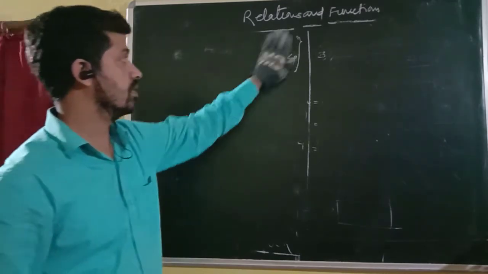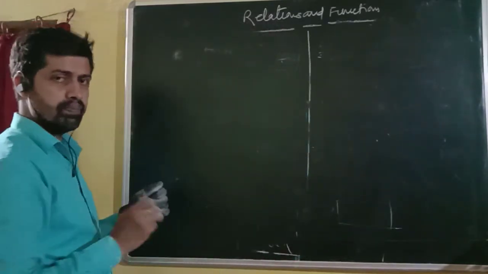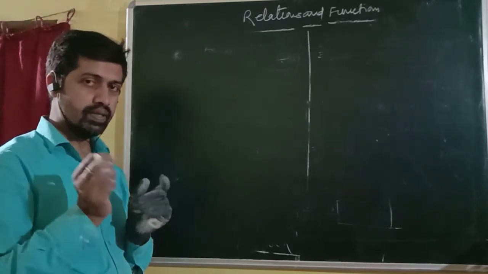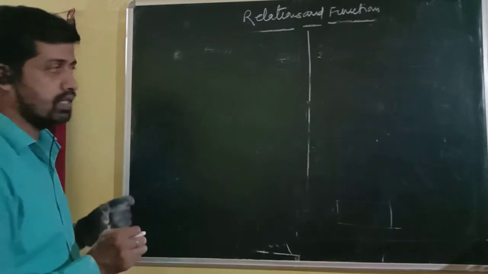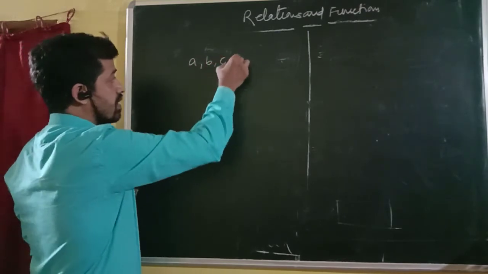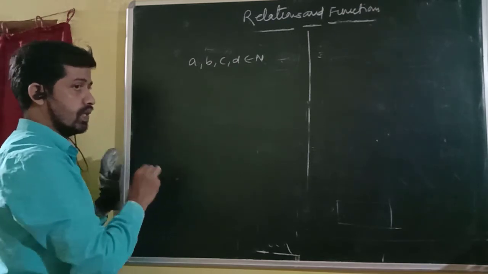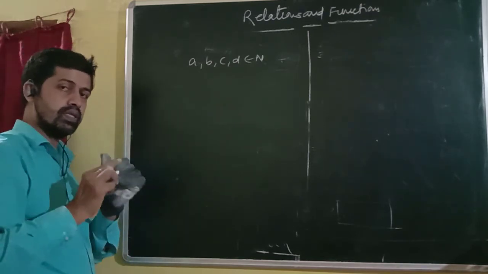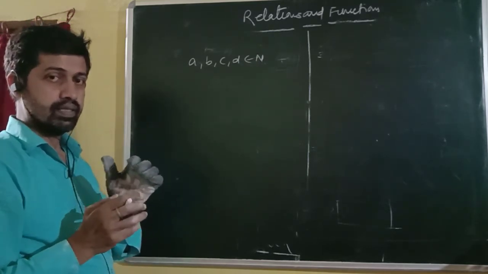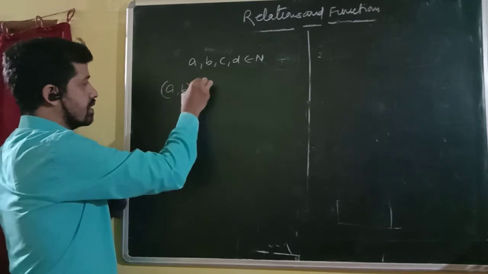Hope it is clear. And so far, the concepts we have done were based on single element. Now the very important question that I am giving you: say that if A, B, C, D are natural numbers, and now we are moving to the stage where an ordered pair is related to an ordered pair. That is, AB is related to CD.